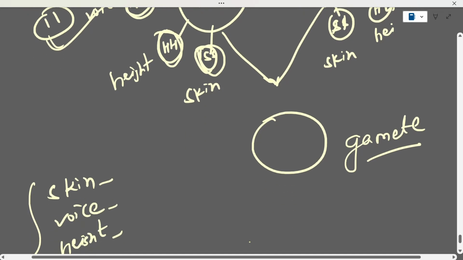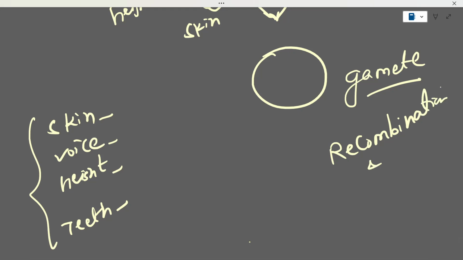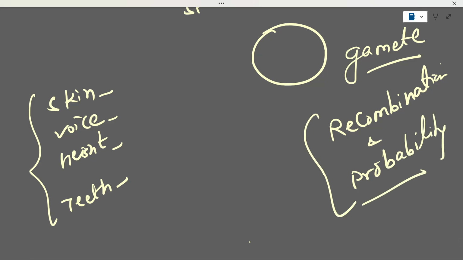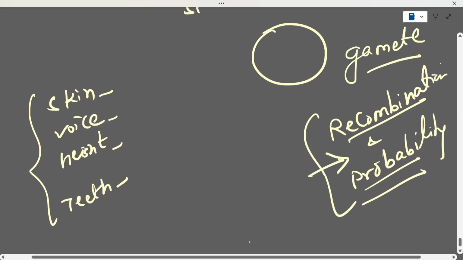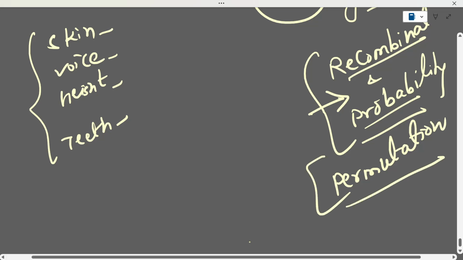The reason for this is, if you have studied probability in mathematics, recombination, probability, permutation, combination, all such methods